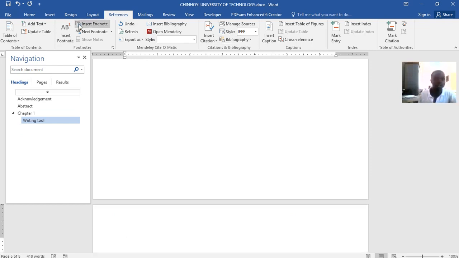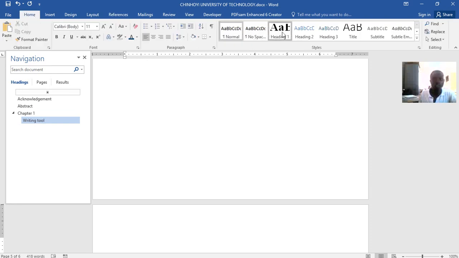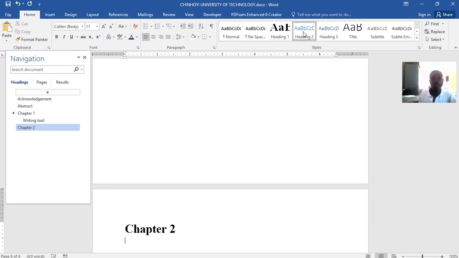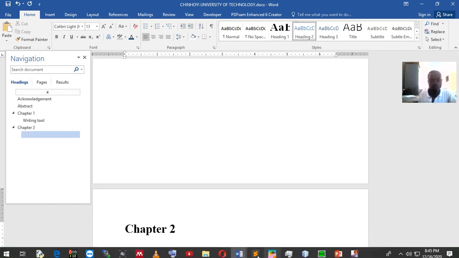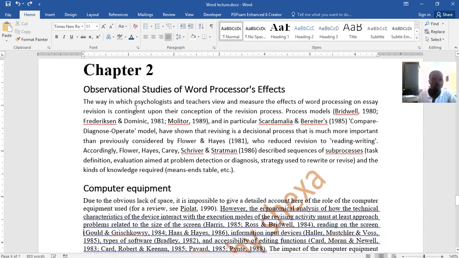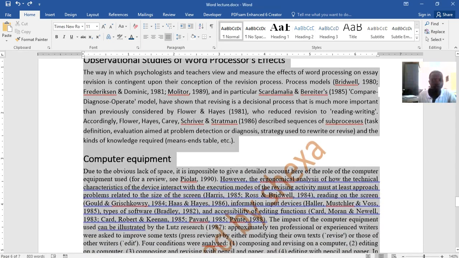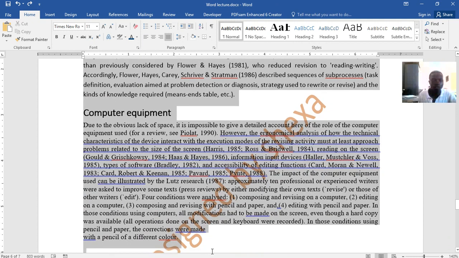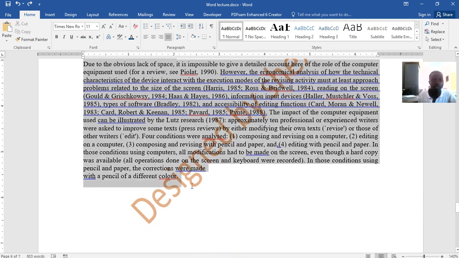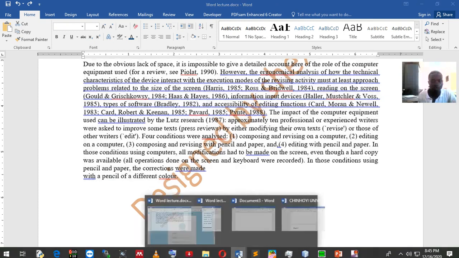Right, we say home, heading 1. Heading 1 is what? Chapter 2. Then we say heading 2. Heading 2 is saying what? So we just paste. We now know how to add headings of level 2. So we paste all these. We now know how to add references. So we just add all these and we paste it there